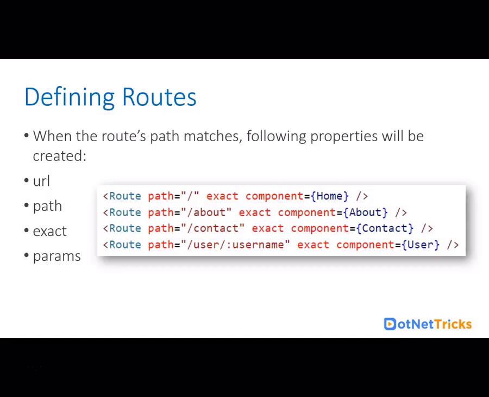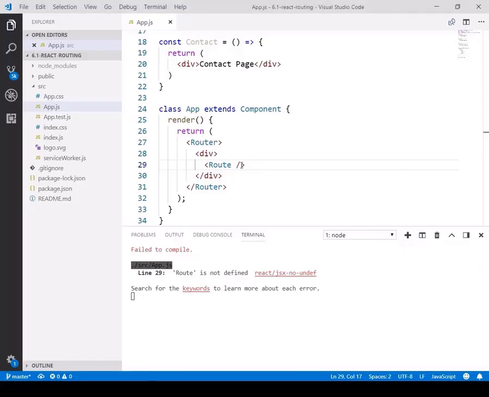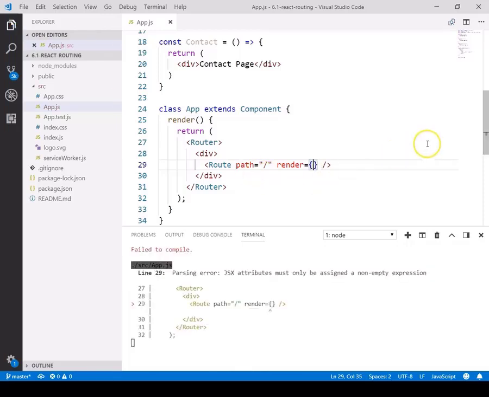So first we need to define the path, and with that the route name has to be decided. I suggest creating the first route with the path /. It means when my application renders for the very first time, this route will be rendered. Afterwards, we just need to render the component that by default has to be rendered when I run my application.